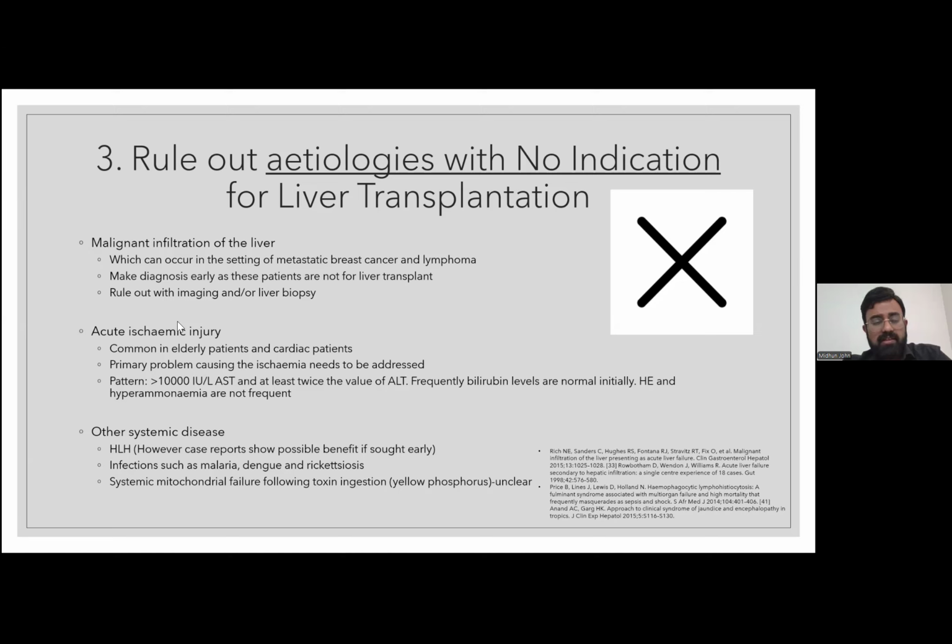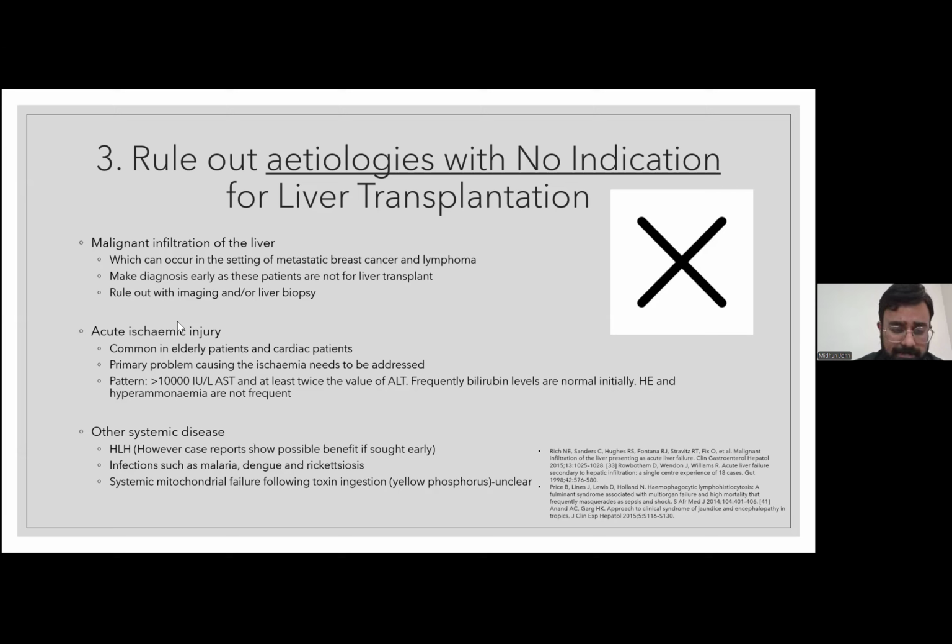Acute ischemic injury is another thing that we would see quite often. I'm sure we've been called by cardiology to see a patient that has transaminases in the sky. This is common in elderly patients and obviously patients that are cardiac in nature. The primary problem is the ischemia, so that needs to be addressed. In these patients, the thing that might stand out is that they usually don't have hepatic encephalopathy, and there's not often hyperammonemia in these particular patients, but this would essentially rule them out from liver transplantation, and you have to essentially